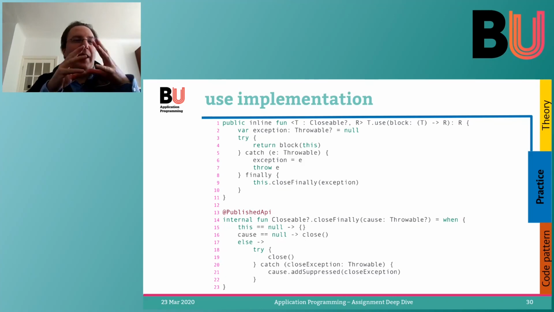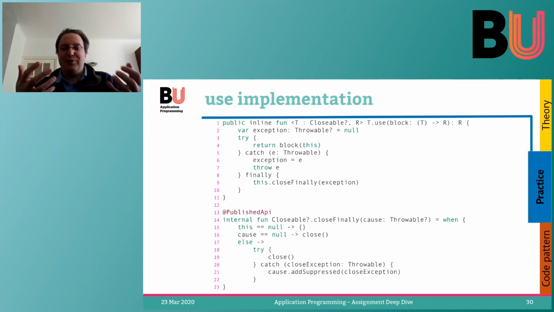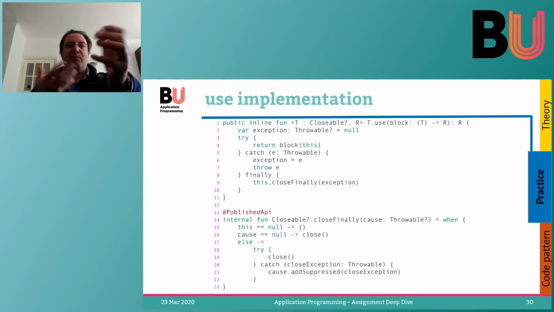So the exception is stored so that it can be passed into the close finally block. We look at what close finally does. This is actually an internal function, so it's only accessible within the module. In this case, it would be the Kotlin standard library. While we can see this code, because the code is provided, you cannot actually call this yourself, unfortunately. This function takes the closable as a receiver, and then basically says,